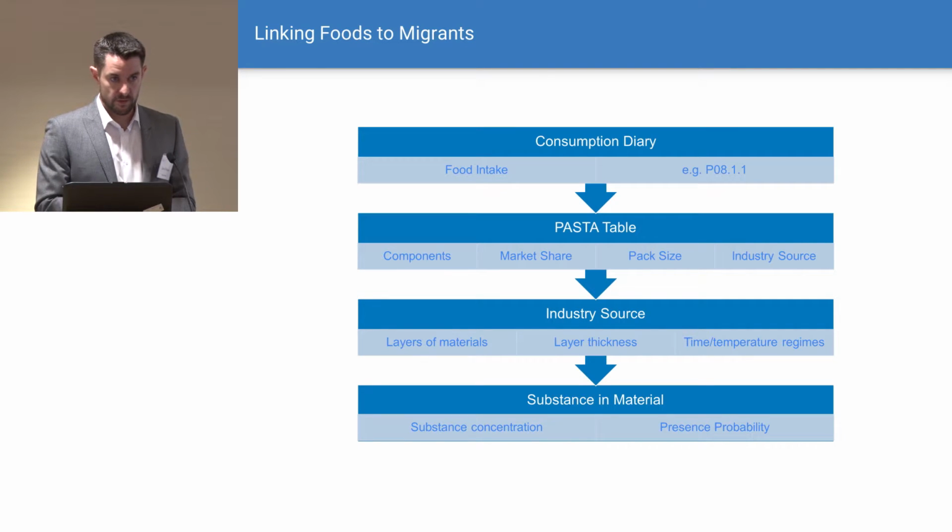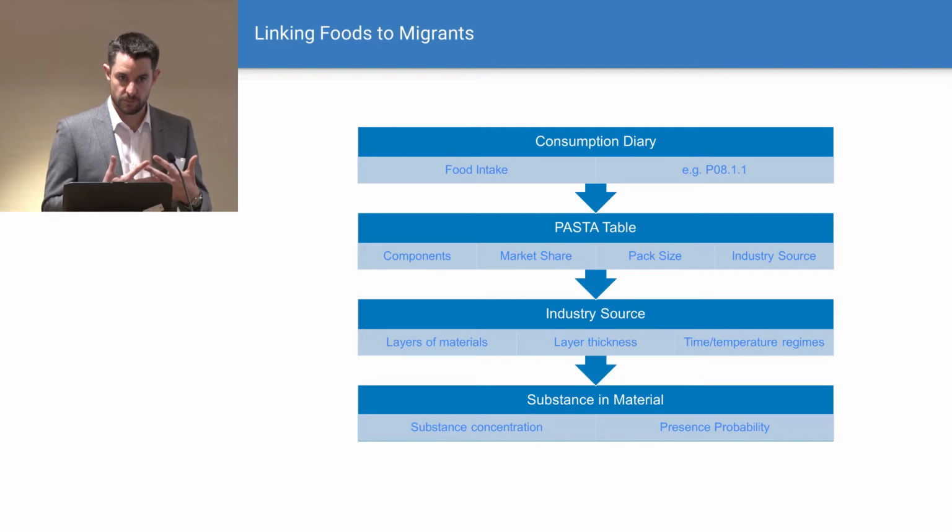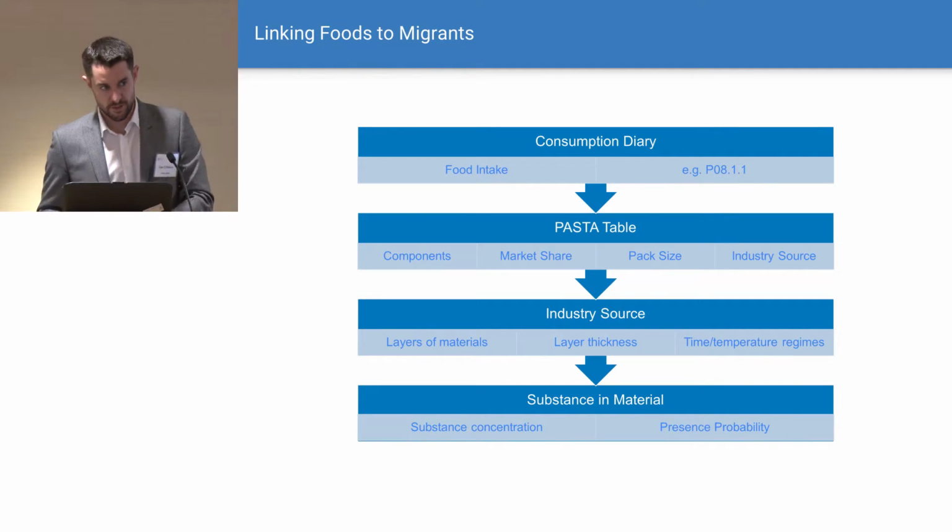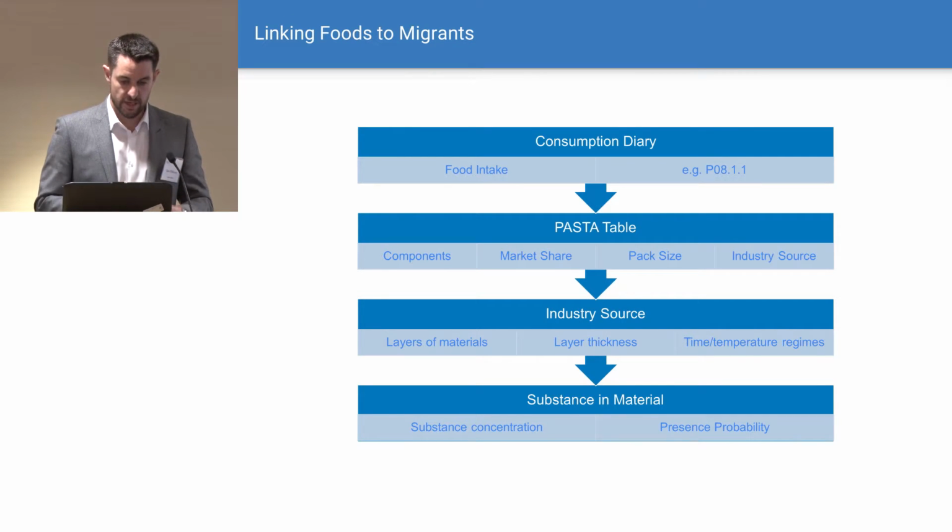We took the Euromonitor data and we recoded it, and we developed a thing called the PASTA table, which has nothing to do with pasta. It stands for pack, size, type, and association table. So this data tells us what pack type, and probability of pack type, the food consumed likely came in, giving us the market share, which is a measure of just a probability, the size of the pack type. And we also said, well, given that we have different components, what sector of the packaging industry is responsible for it? So is it flexible packaging Europe? Is it the paper and board industry? Is it the